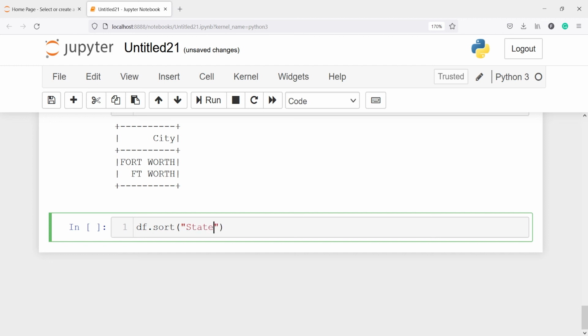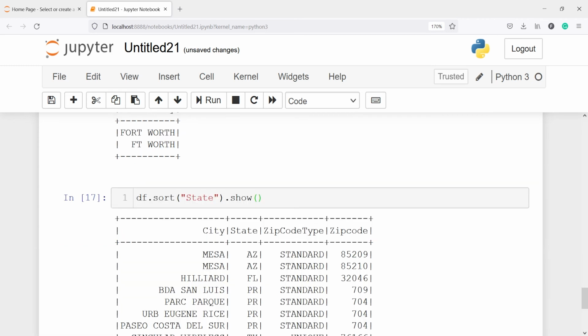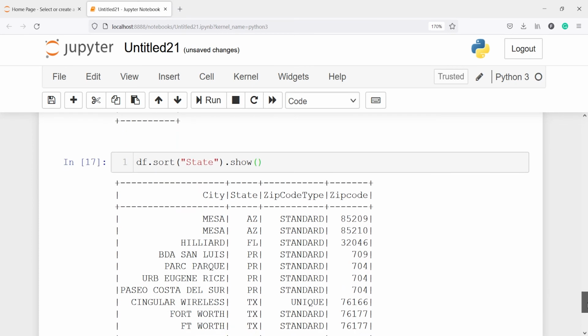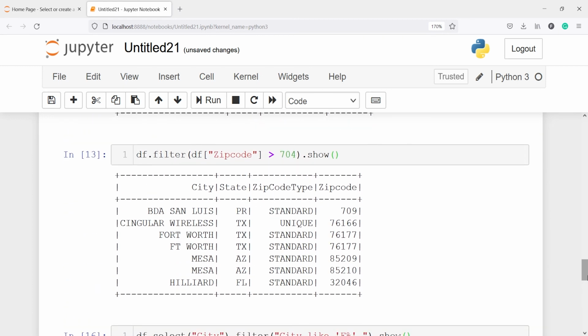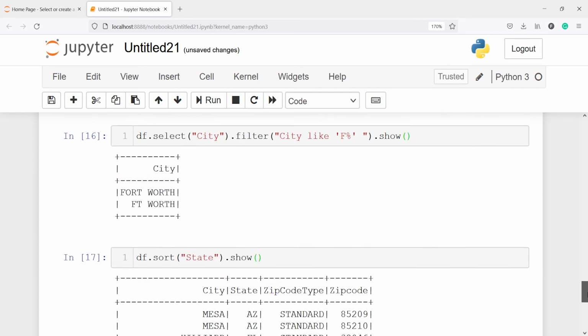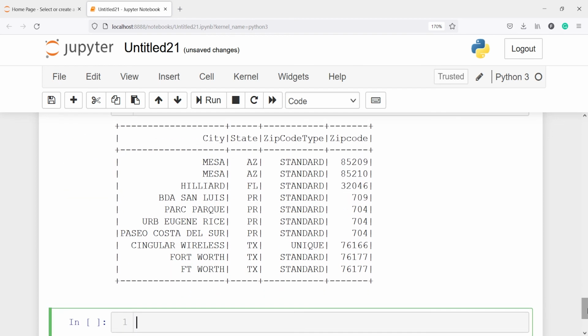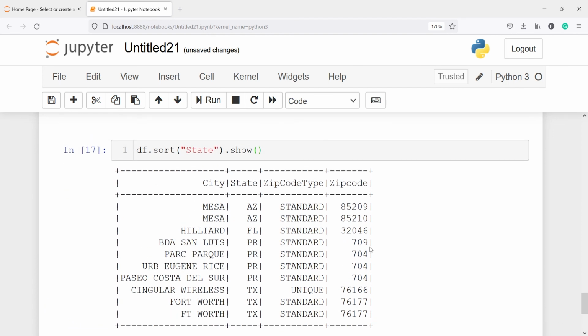So I will write state and then I will call dot show. Now in the output you can see it has sorted this data frame based on this column state. So we now have the state column starting from A, then we have F, P and T, and earlier it was starting from P, then T, then A, then F. So we have done this sorting based on the column state.